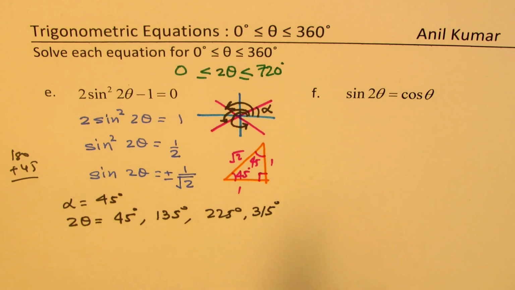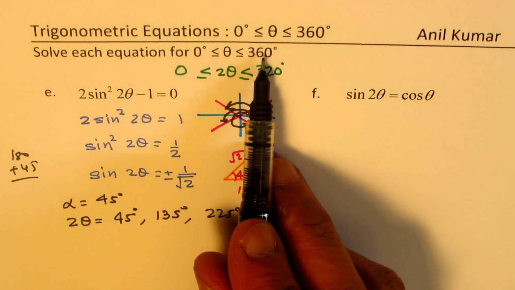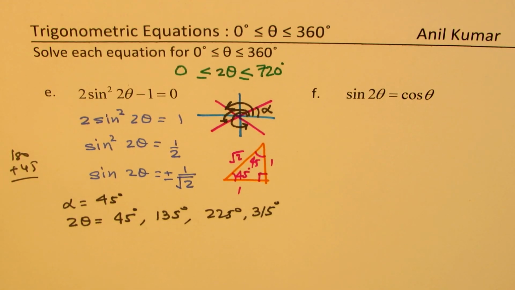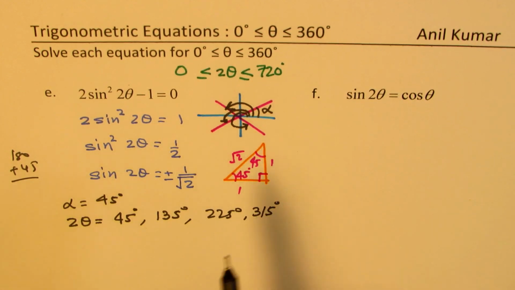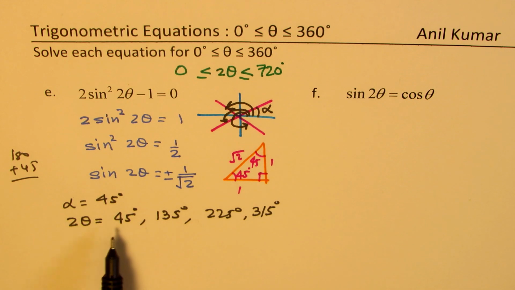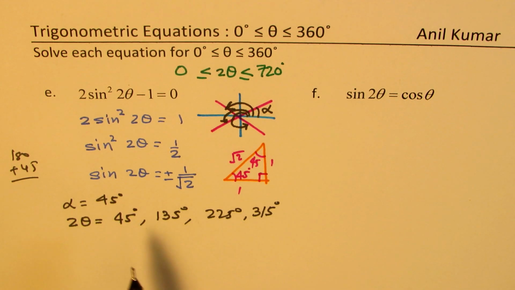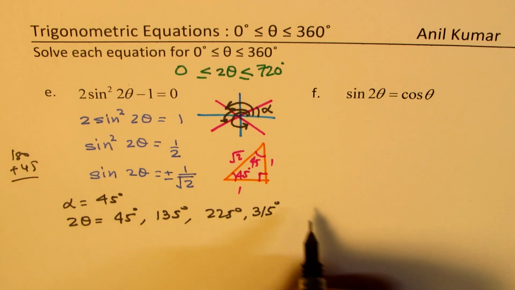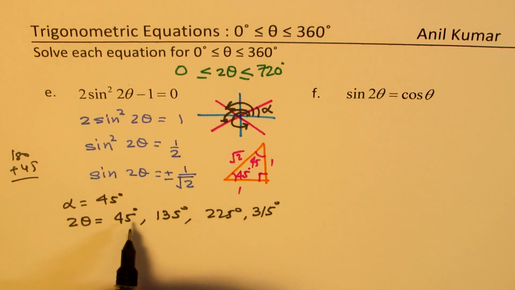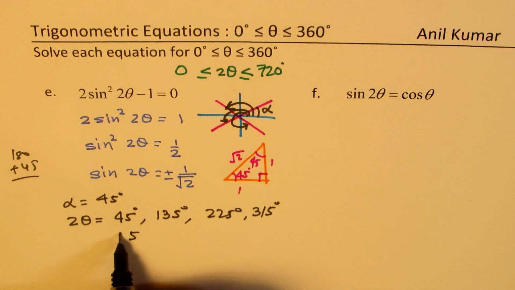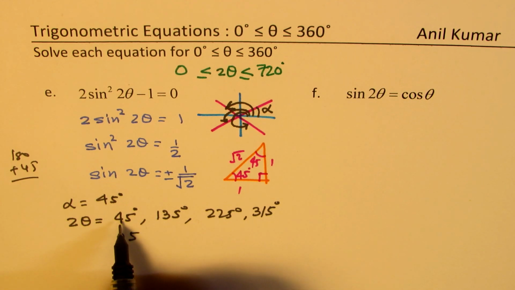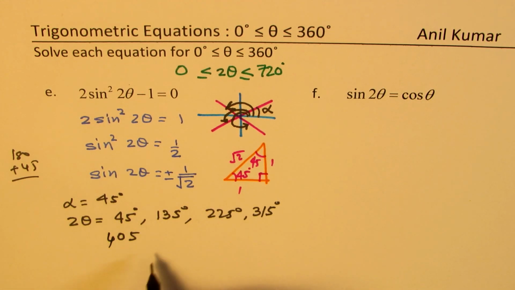Now these 4 values are between 0 to 360 for 2 theta. We have to go twice, okay? So we'll add 360 degrees to these numbers, and we'll get more solutions to this. So if I add 360, I get 45 plus 360, which is 405